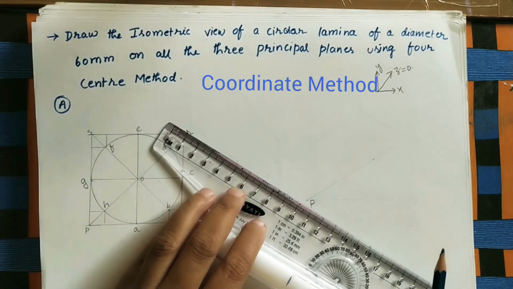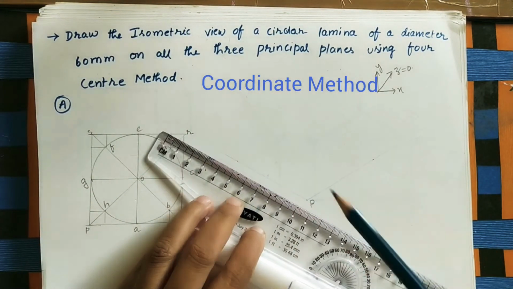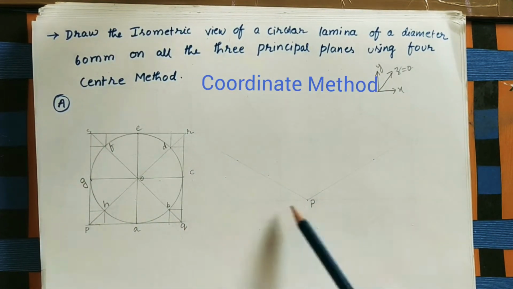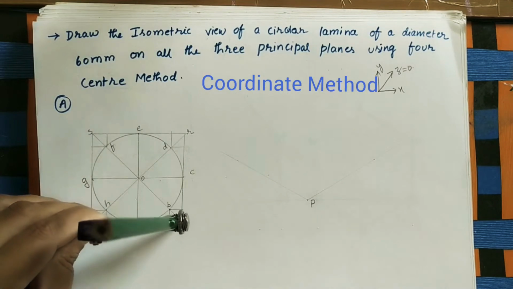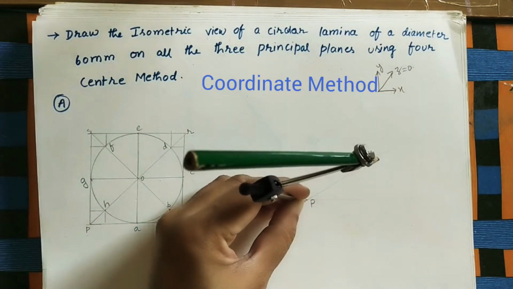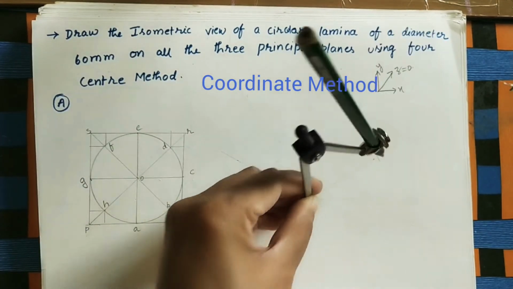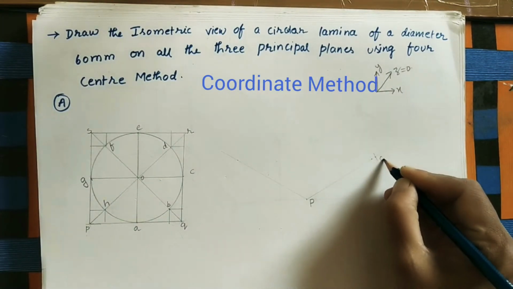This side one line. Here also do one line. Okay, so P is one of the points on the square. On one side of P, mark this PQ length. Okay, by using compass take this PQ length and with P as center, just do an arc on this line. So this point is Q point.